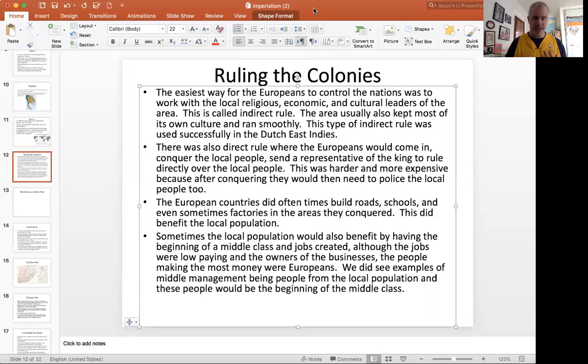We're going to see this mostly in India, but in all the countries, Europeans oftentimes would build roads and schools, and sometimes even factories in the area. They would sometimes create jobs, although low-paying jobs at these factories, or maybe cutting down trees for natural resources, or extracting palm oil or other things. The workers would get paid; they weren't slaves, but these were low-paying jobs. We still see this today. We see American corporations and European corporations going overseas, setting up factories, paying people very low prices to make goods that would cost a lot more to make